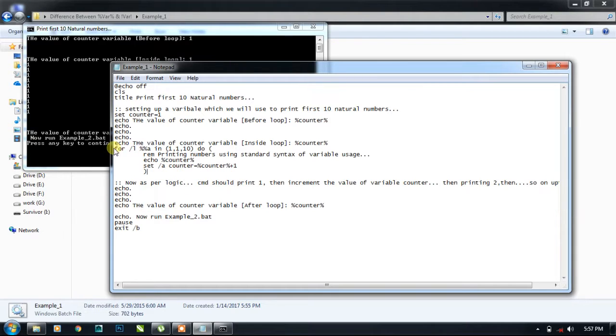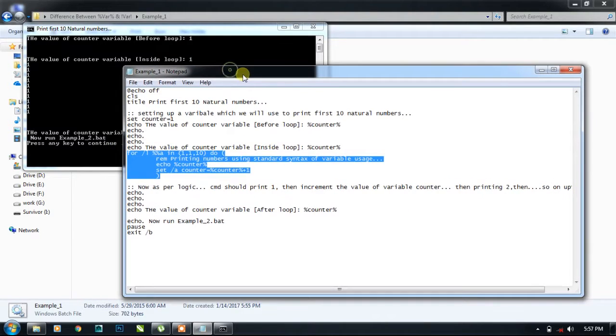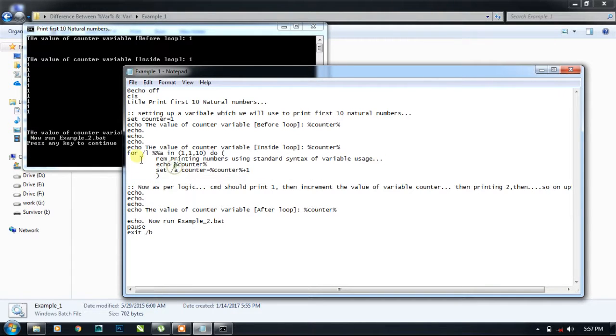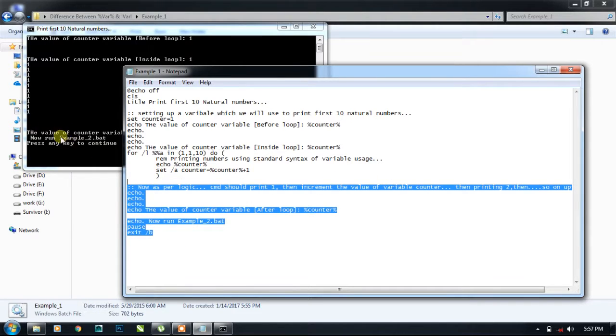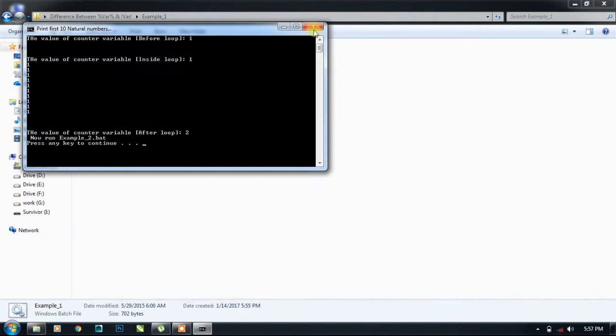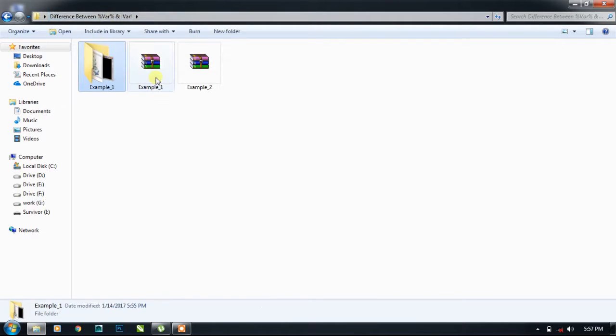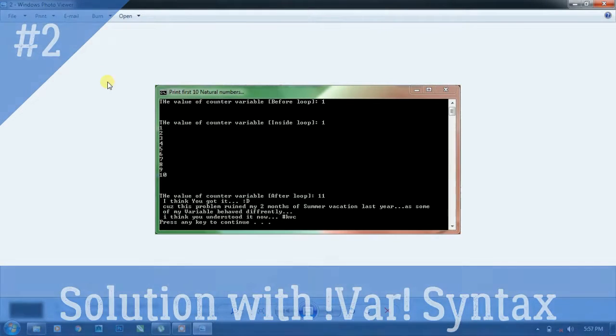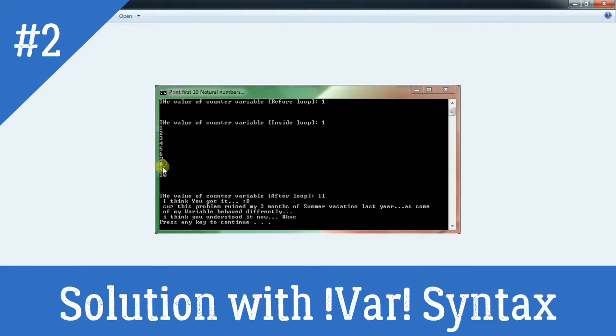So for this problem we have got a special syntax for variables, which delays the speed of the for loop to get the right output on the console. As you have noticed, this all is just lines that are printed. To eliminate this problem, we have created the second example, and as you can see we have got the desired output in this case,